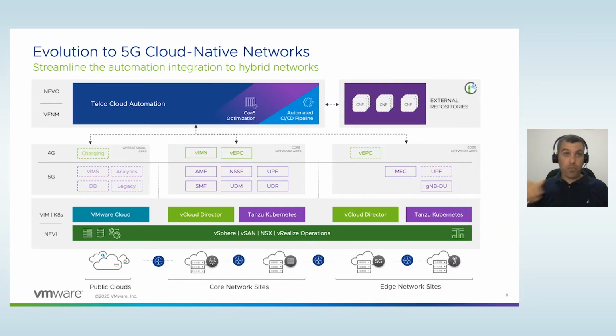The applications are much more decoupled. Instead of having one application that's responsible for operational aspects, we suddenly see four different types of applications at the edge, and the EPC on the core is assembled from six different applications, and everything is much more decoupled. When we are speaking about automation, instead of having a single automation platform for the cloud, we now need an automation platform plus SDDC automation plus CaaS automation plus the CI/CD integration in order to support the agility of the deployment.